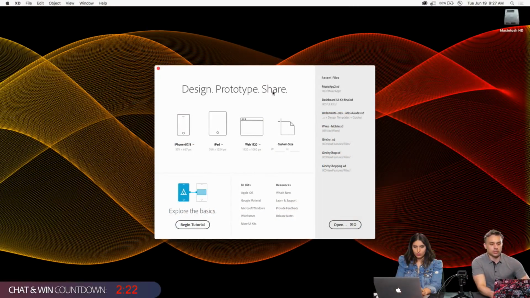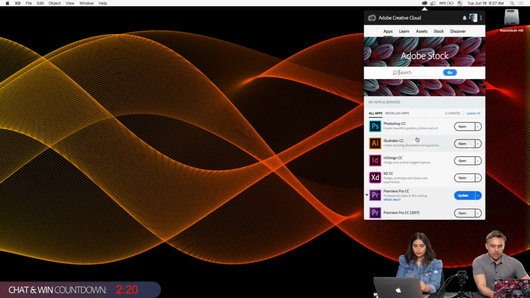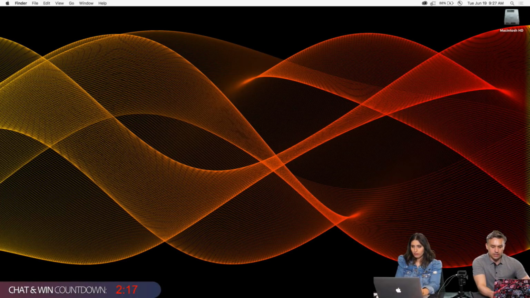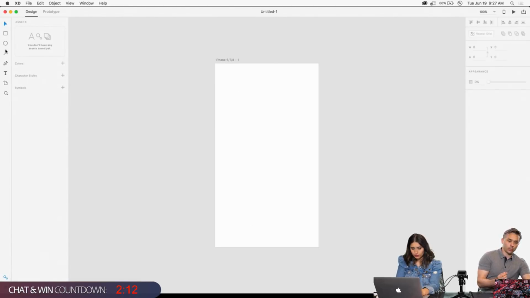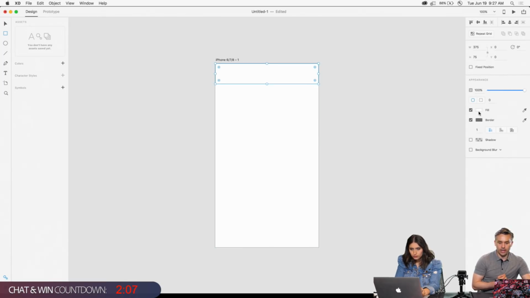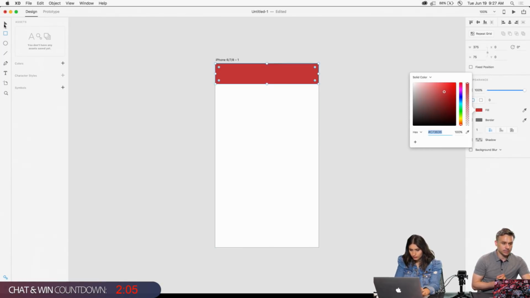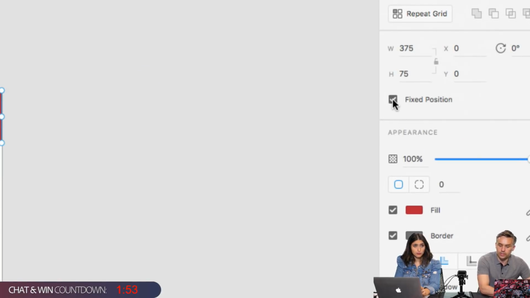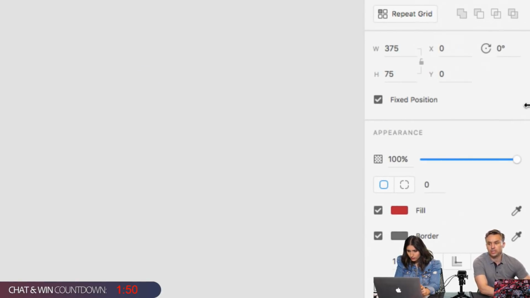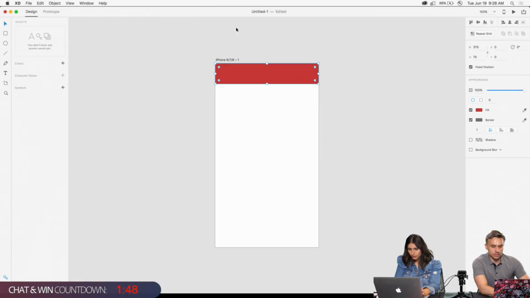This is going to be cool. So again, you could update Adobe XD, and it should just be an update, just like you see there. Some of the updates that everyone is excited about is the fact that you can have elements, like this top bar, for instance, pinned, so it has a fixed position right over here. With it selected, you can see fixed position right here. So it's not going to scroll away, and that could be anywhere, which is awesome.